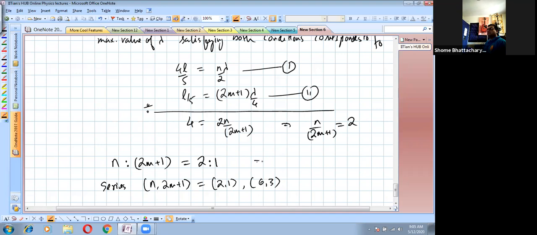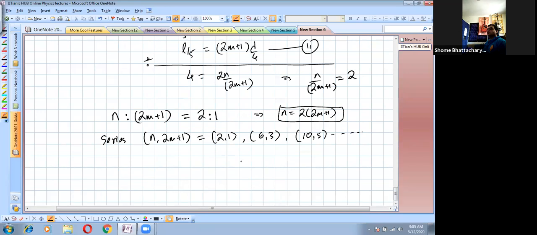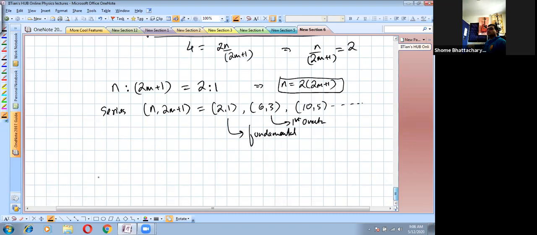You can see here that n has to be 2 times 2m plus 1. And the next one will become next. So this corresponds to the fundamental mode. This corresponds to the first overtone, and so on and so on. So in the fundamental mode,